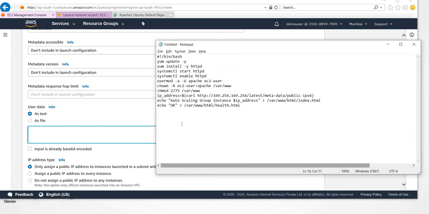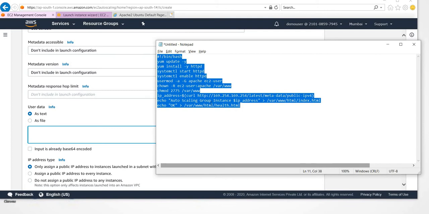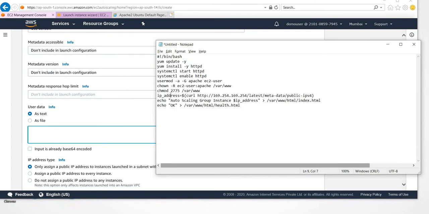Similarly here also we need to give it, because this is happening automatically and the user intervention won't be there. So we need to provide all the information. Here you can see it's pretty much the same script or the same data that I have used. The difference is the IP address, since it will get automatically generated while launching the EC2 behind the load balancer. So we need to understand which server is responding, so for that I'm just adding an IP address. I will explain the purpose of using this.